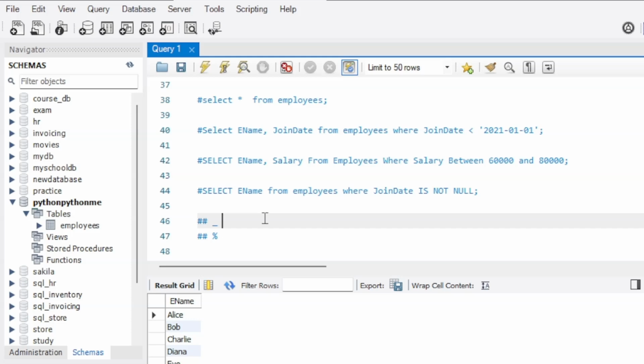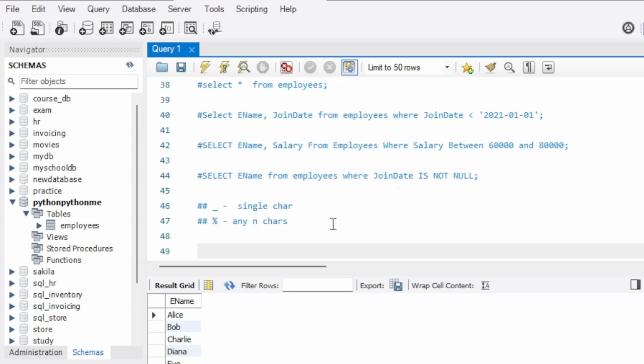Here the underscore represents a single character, so this can be used to skip a specific character, while the percent sign basically can represent any number of